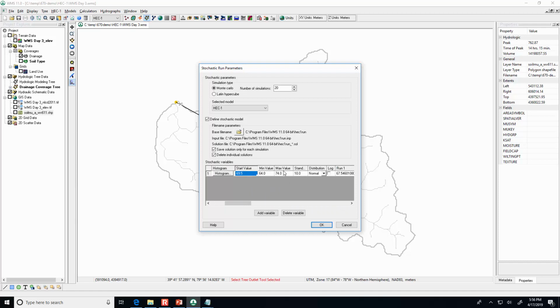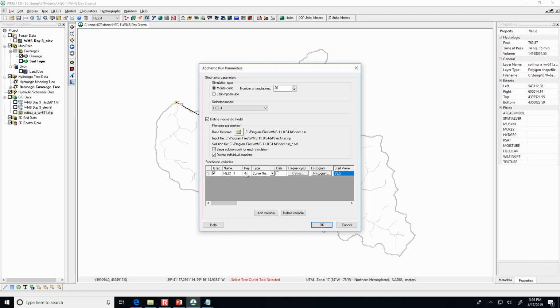All right, so now all of these values are normally distributed. What do we say our maximum value was? 74. Yes. So it's clustered around 70, but it could go as low as 64 and as high as 74. It's going to calculate this model in 20 different runs, with different curve numbers.